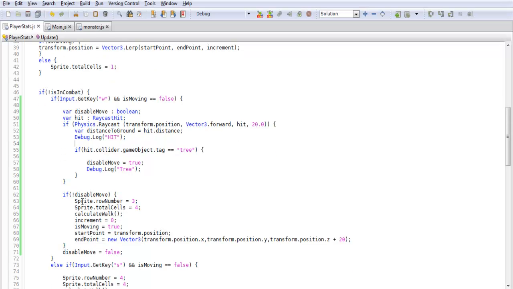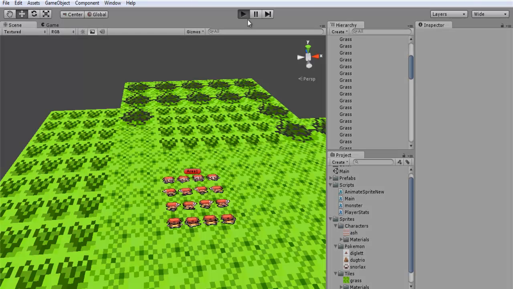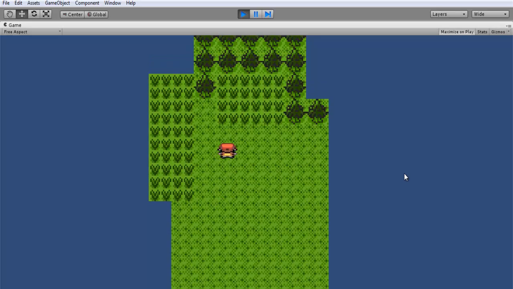And so that's pretty much all you need to tweak to get it to work. So this disabled move, if it's ever set to true, then it won't call that and our player won't be able to move. And so we can actually go test this out real quick. So if I walk forward,